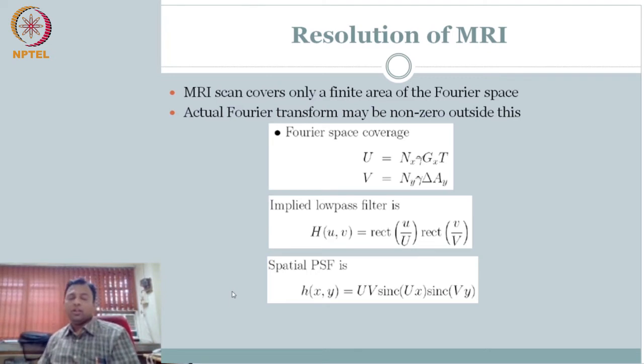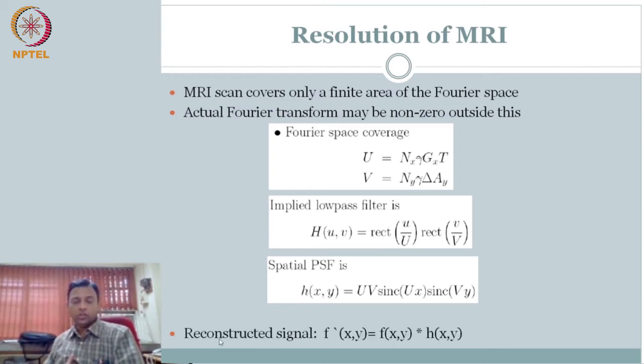However, we've been thinking about resolution, even in the other modalities, perhaps as a blurring function, right? And we said if we know the system characteristic, the spatial PSF, point spread function, then we can characterize or define resolution using the PSF as a full width half maximum. So essentially the reconstructed signal that we have is actually the ideal signal corrupted or blurred with h of a system function. This dictates your resolution, the point spread function.